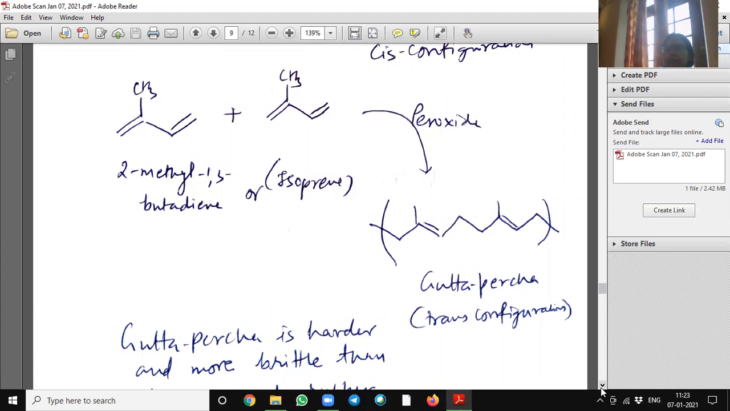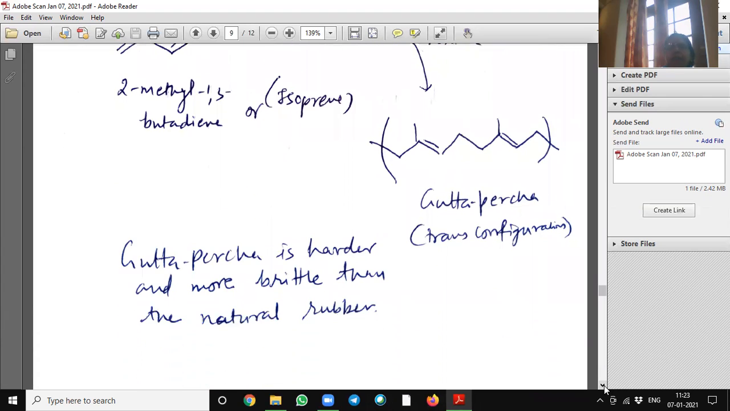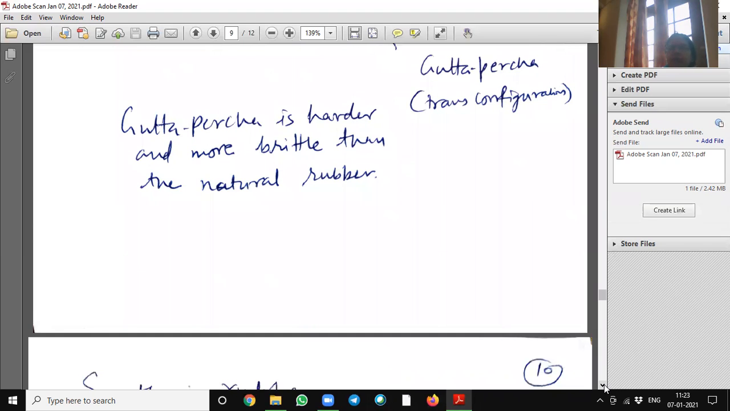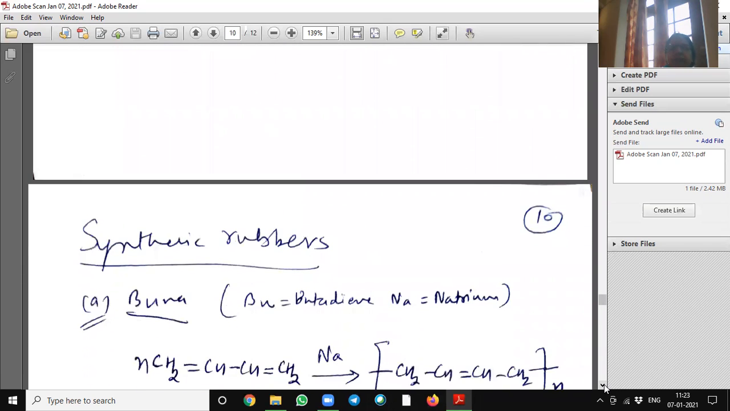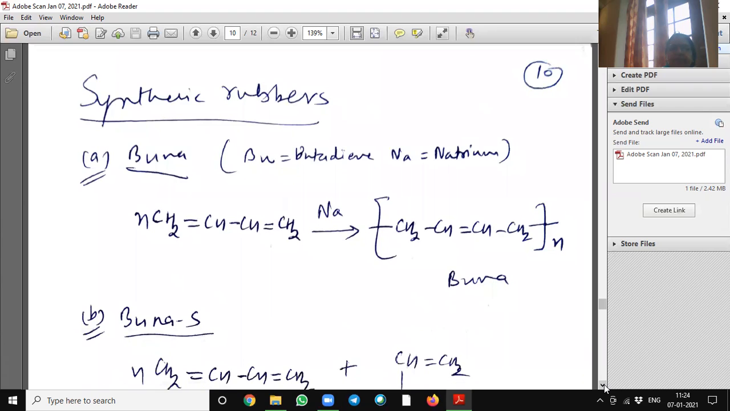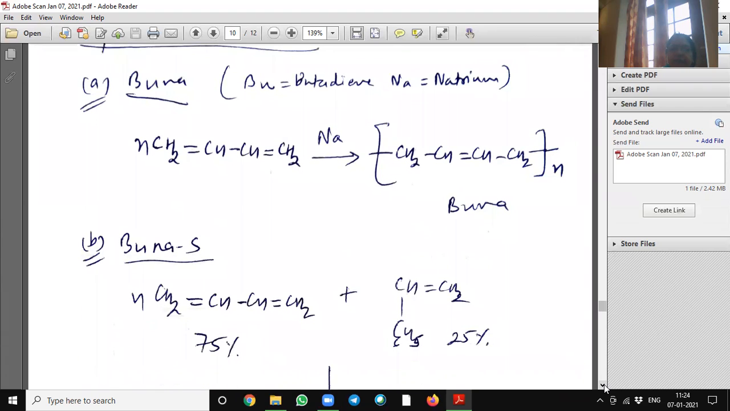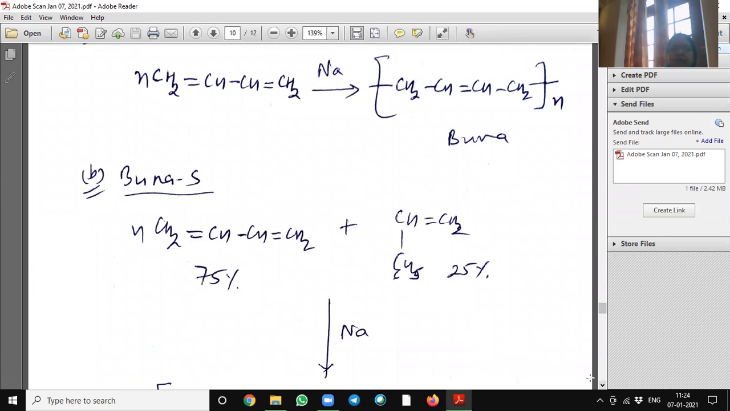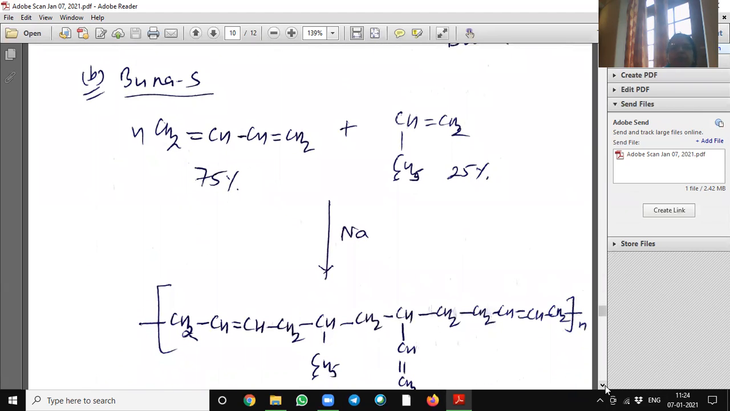This trans configuration polymer, Gutta-Percha, is harder and more brittle than natural rubber. It is also known as a synthetic rubber. Other synthetic rubbers are Buna. Buna means butadiene, and in presence of sodium polymerization, it will give Buna. And when 75% butadiene and 25% styrene are reacted in presence of sodium, it is called